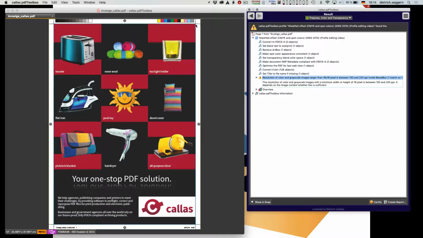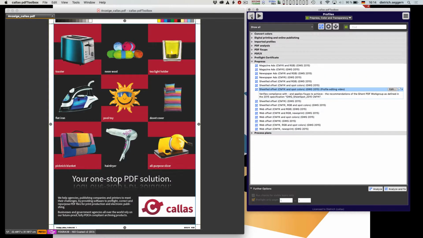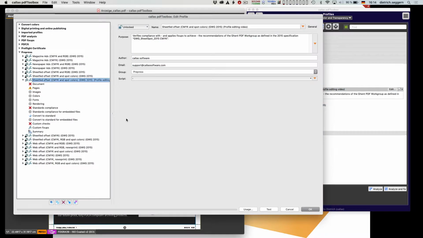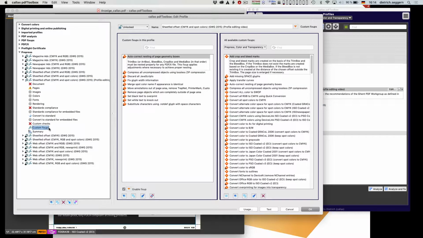But the other thing that we may notice is that there is something here which could also be problematic, and that is we have cut marks here. We don't have any bleed. So this is, when being printed and cut along here, that would be a real problem for the cutting machine. So maybe we should first try to get rid of that problem and add bleed to here. So let's just use our profile that we have created before, edit that, go to custom fix-up, and